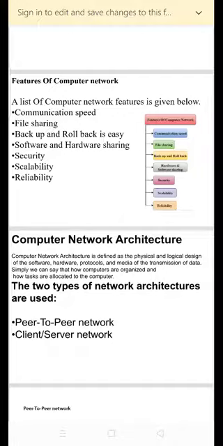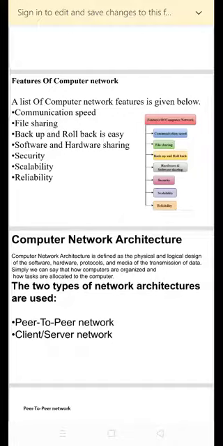Next one is backup and rollback is easy. Since files are stored on the main server, which is centrally located, it is easy to take a backup from the main server. Okay, so next one is software and hardware sharing.